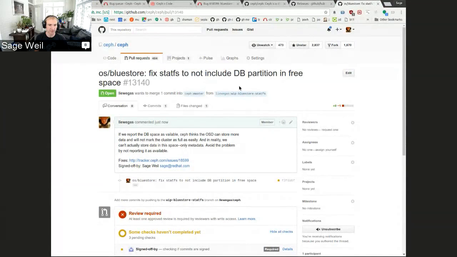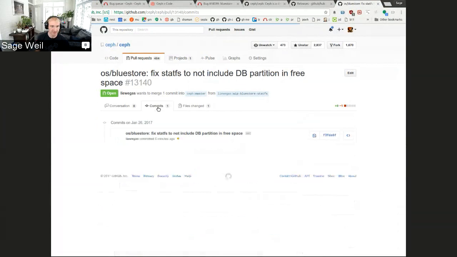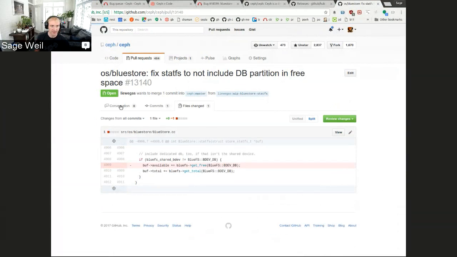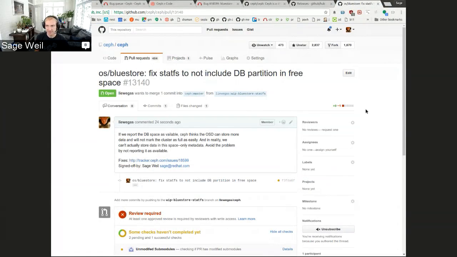So here's the pull request, and you'll see that it's merging to Ceph master from my branch. You can see what commits are there, just that one. And that's that. So sort of the next step is for